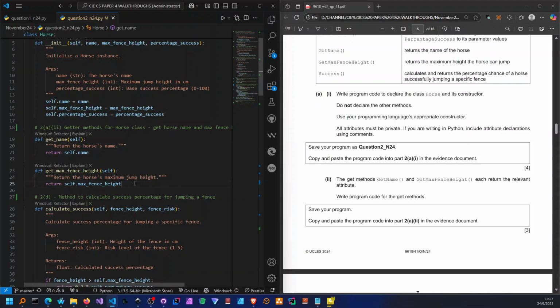Then you would go ahead and copy this code and paste it inside of your evidence document. Then again, notice how I'm making use of comments to explain what my code is going to achieve. So I'm mentioning that it returns the host's name, and this one is going to return the host's maximum jump